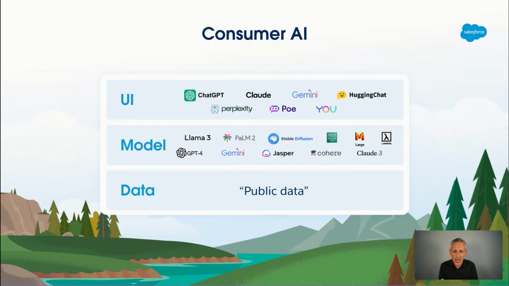And for consumer AI, the models are trained on public data, which really means the internet. And the reason I put public in quotes here is because there are a lot of issues right now around IP. Is it really fair? Is it okay to train a model on content that's available out there on the internet and that maybe is protected by some IP? But that is beyond the scope of this session,